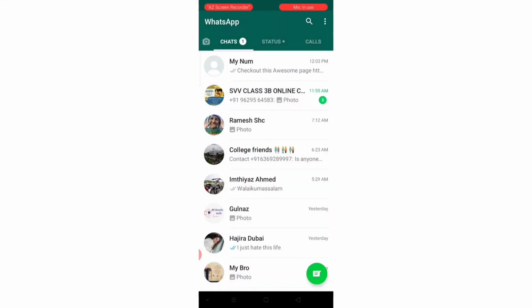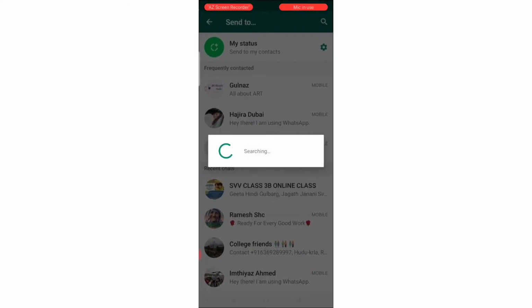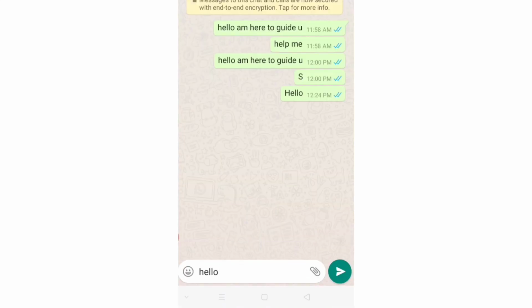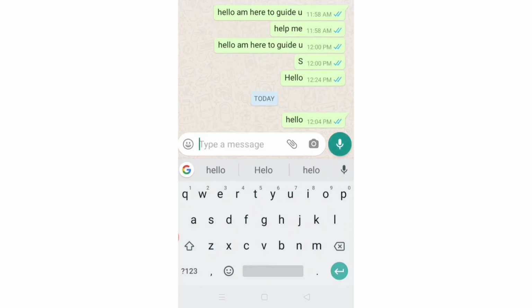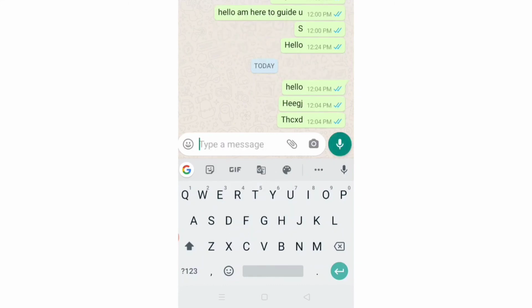At the same time, here one more WhatsApp is here. So what I'll do is I'll just click on this so that we can chat with our website owner. So here you can see the number is displayed over here. Actually, I'll try to hide it. But here you can see hello, you can send just a hello message, and whatever you want to send, you can send it to the website owner. So it has directly taken me to the page where I can text.